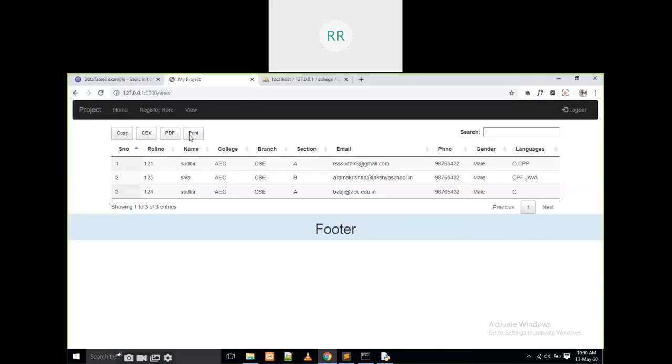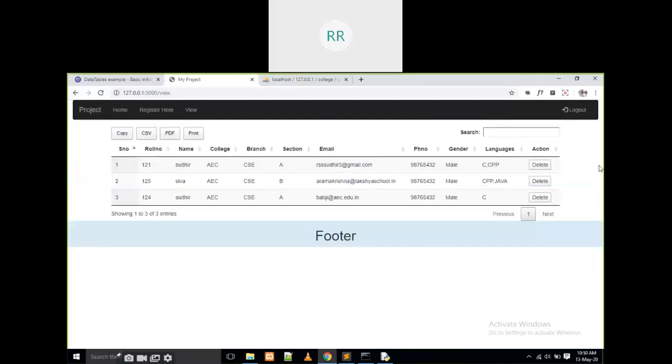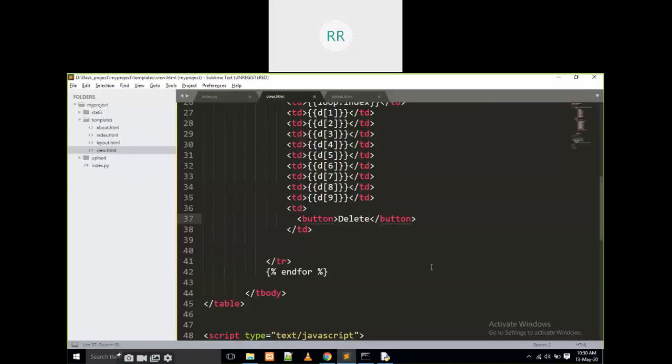Nothing, that is some dummy like this. If you view like this, it will be shown as a delete button. There is no action at all. I am not writing anything here. This is some delete button for all the records. If there are 100 records, it will be reflected for everything.